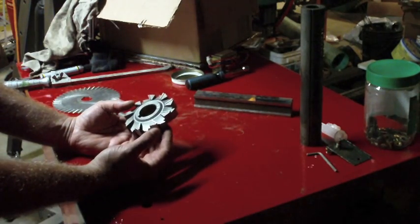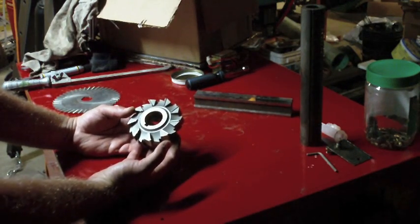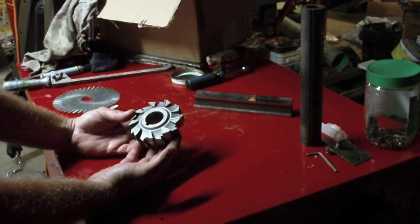Normally I don't really bother with these cutters. I've actually got several of these that I rescued from that estate that I bought the Atlas and Hendy lathes from. They were going to go to the scrapyard, and I got them for free. I'll have to go through those at some point, but